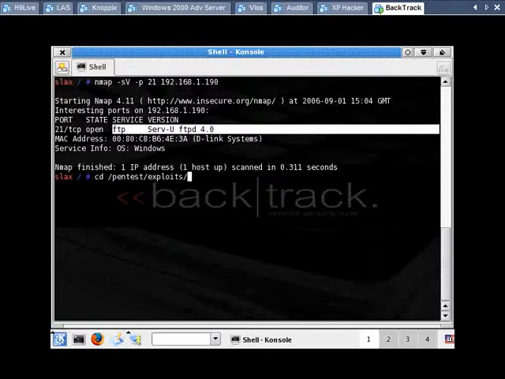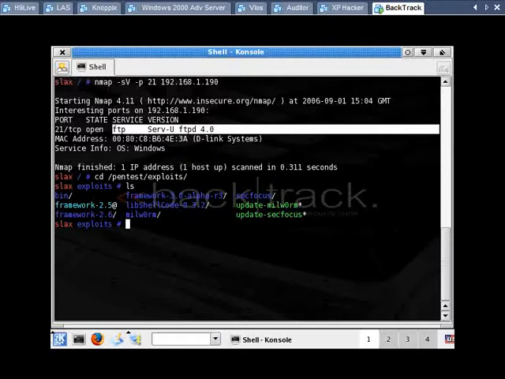So once I found that out, next thing I want to do is change to the pen test directory, the exploits, and within that directory we've got two little scripts that will update a directory hierarchy built into Backtrack. One is the millworm directory hierarchy of exploits, and two is the sec focus, the security focus directory. So I'm going to go ahead and update the sec focus directory,